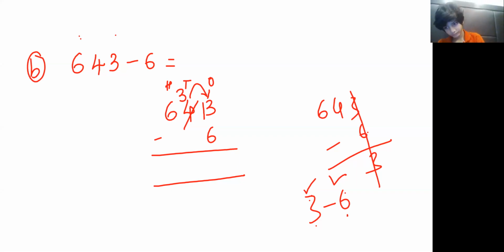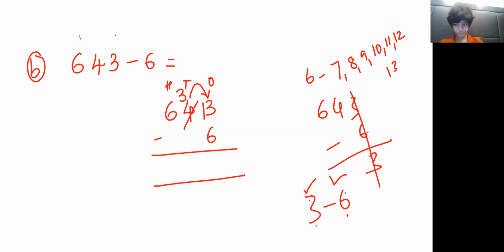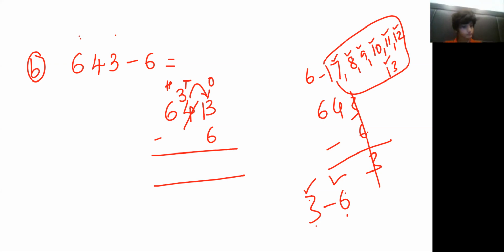But I told you yesterday the forward counting method. How do you have to do it? You just start from the smaller number onwards, after the number onwards. What is the smaller number here? 6, right? 6 after is what? 7. Till 13 you have to take 7, 8, 9, 10, 11, 12, 13. How many numbers can you see here? 1, 2, 3, 4, 5, 6, 7. Right? So 13 minus 6 is how much? It's 7.